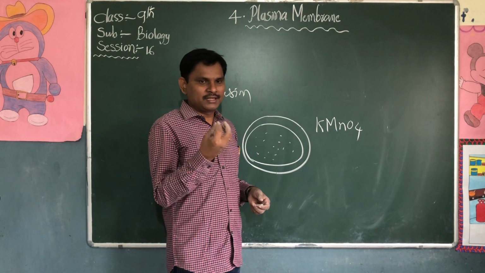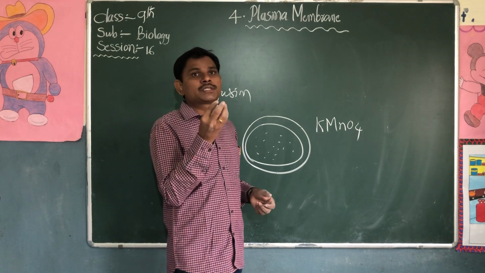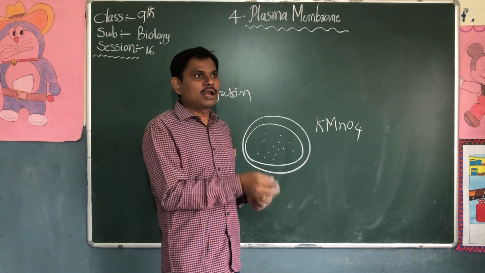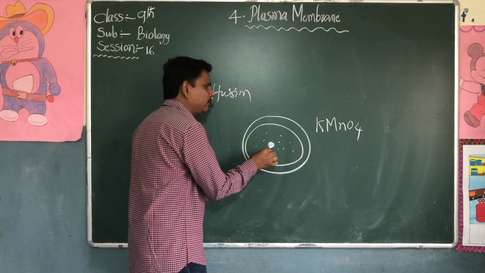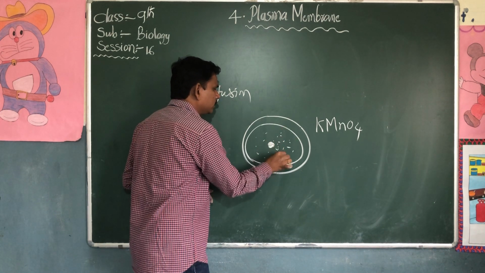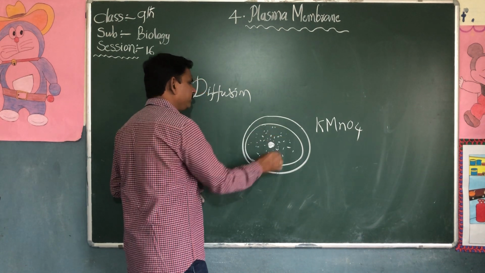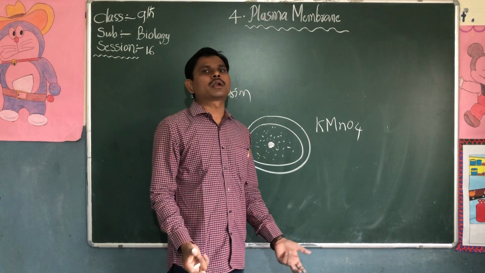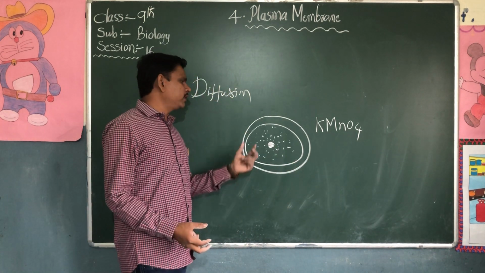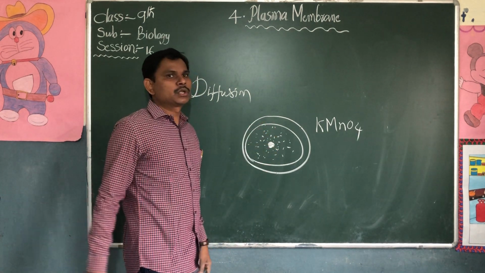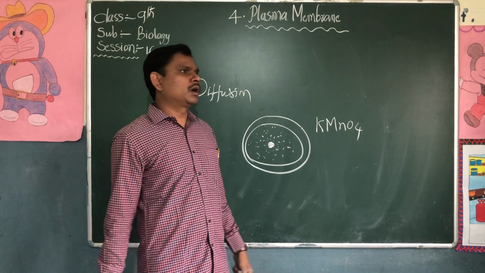What happens? After a few minutes or seconds, this powder is going to start dissolving in the water. It will spread from the center of the water to the corner of the water. After a few minutes, it will spread to the entire water in the bowl by the process of diffusion. The molecules are moving from high concentration to the low concentration, spreading to the entire water.